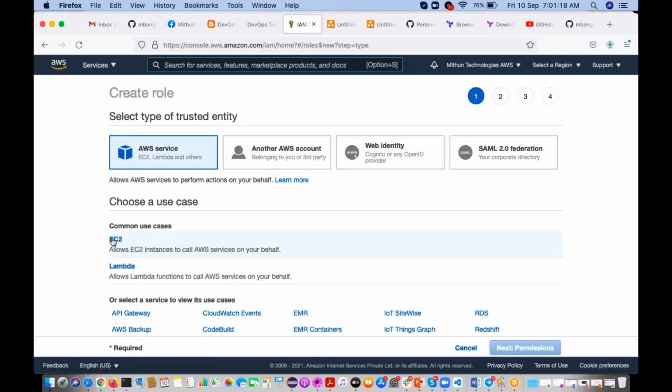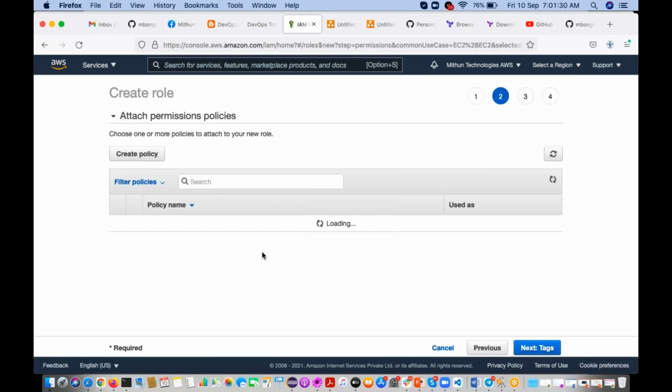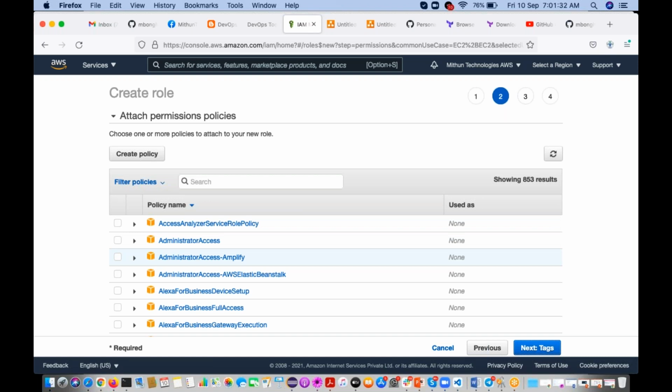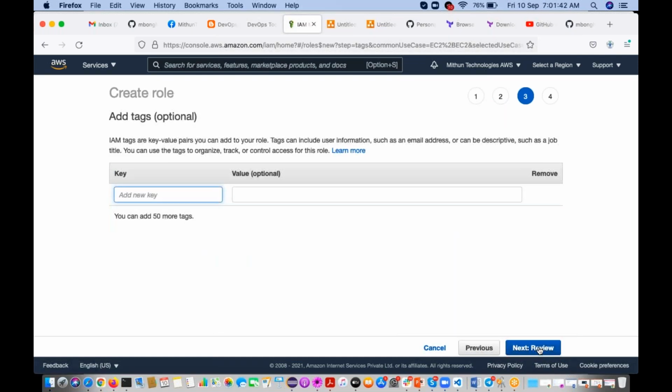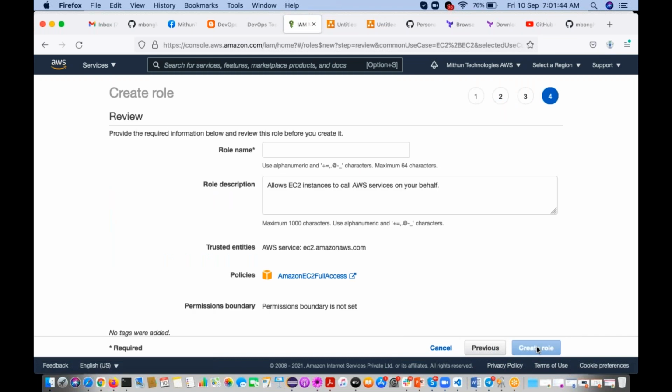Select EC2, this one, and click on next. For this role, I'm going to attach the policy. Yesterday we selected the EC2 full access, so you have to attach that policy. Okay, next, next.